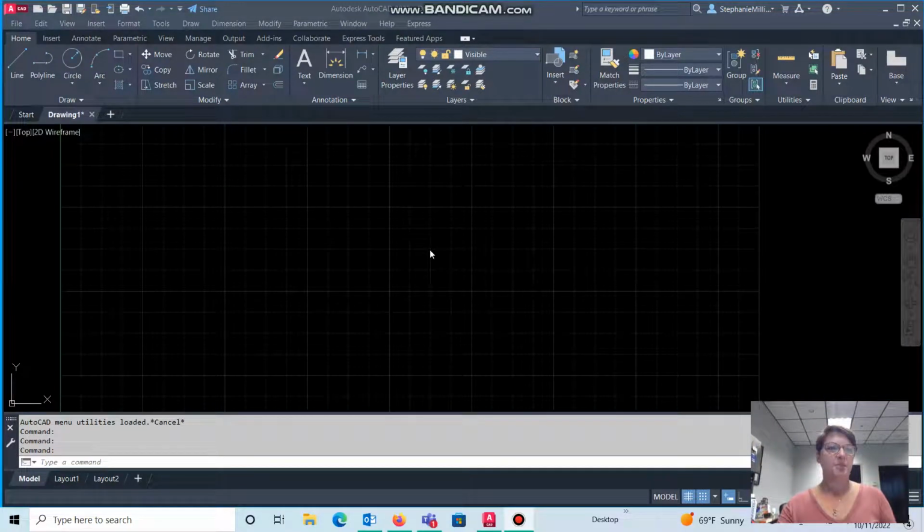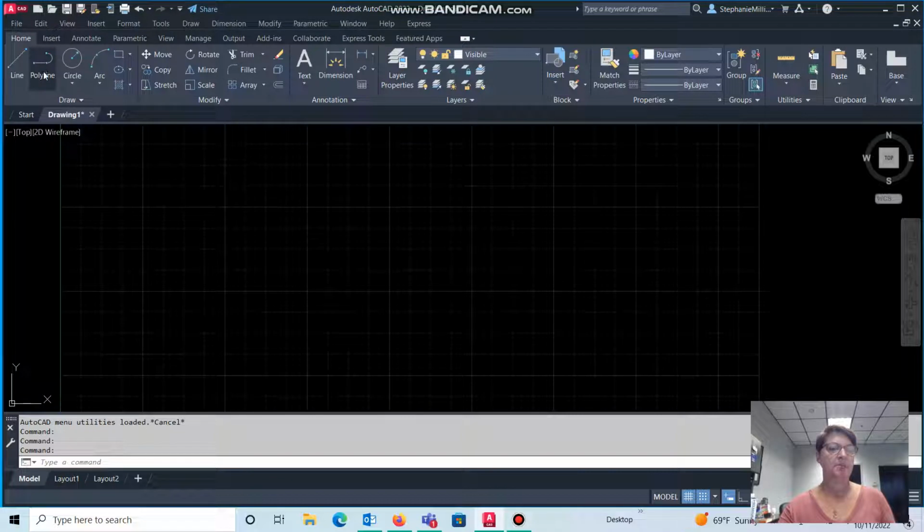Okay, so let's show how to create a cutting plane line using the Polyline command tool. I've expanded my command line at the bottom of my screen so you can watch what prompts are going to be provided with the Polyline, as I will input numbers for different values. So I'm going to invoke the Polyline command,